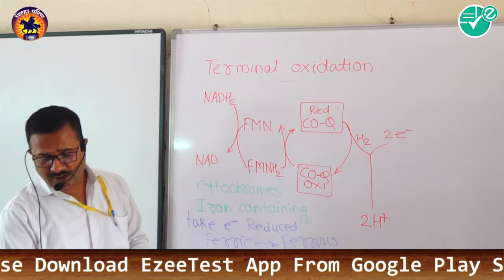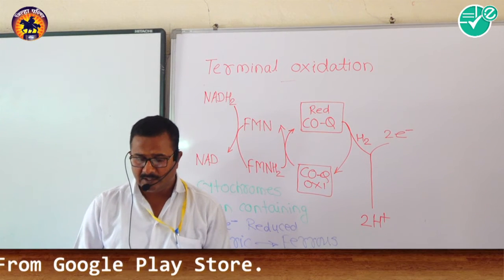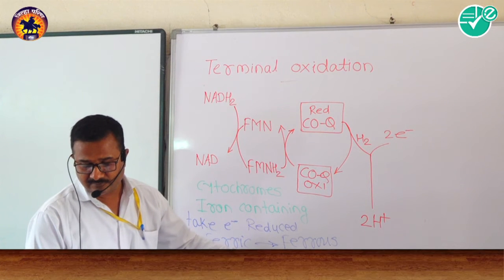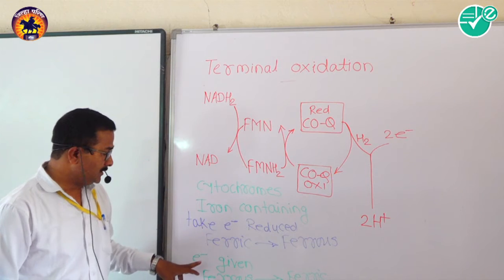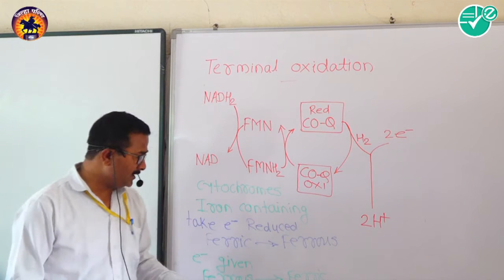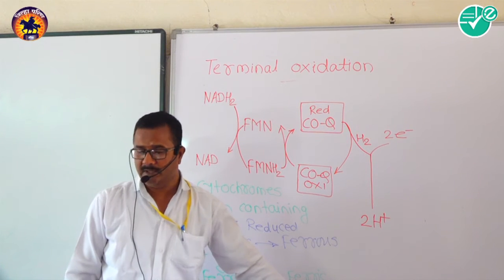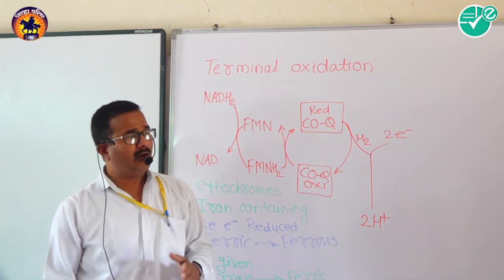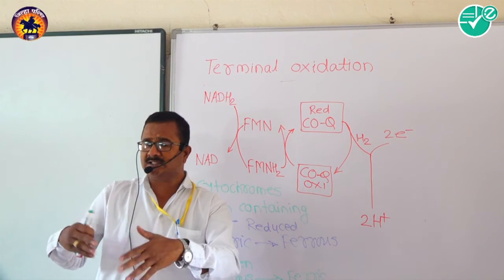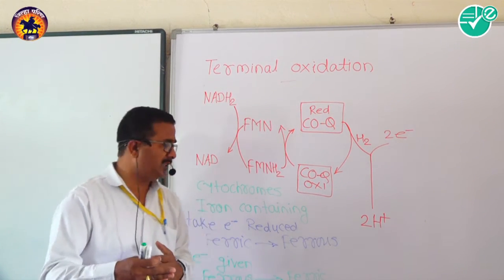When these cytochromes take the electrons, these ferric compounds get reduced to the ferrous, and when electrons are given to the next cytochrome, this ferrous is again reoxidized into the ferric. Therefore, these electron carrying substances, the cytochromes, continuously oscillate between the ferric and